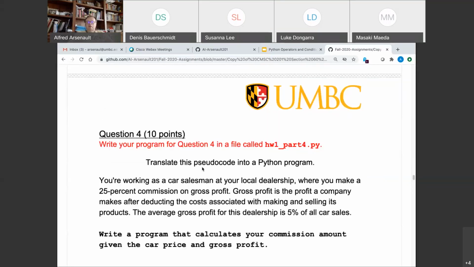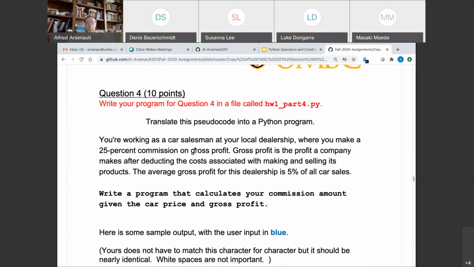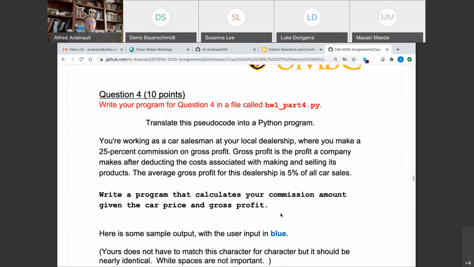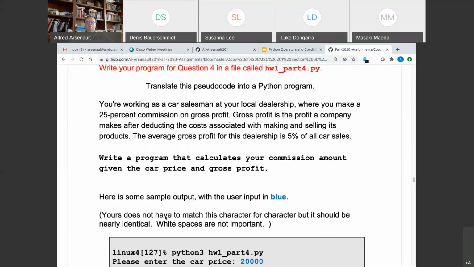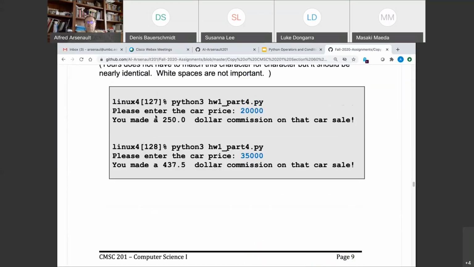That's part 3. Part 4. Translate this pseudocode into a Python program. Here it is. You're working as a car salesman. You make a commission, gross profit. Okay, write a program that calculates your commission amount given the car price and the gross profit. Okay. Input statement. Ask the user to input the car price, calculate the commission. Multiply the car price